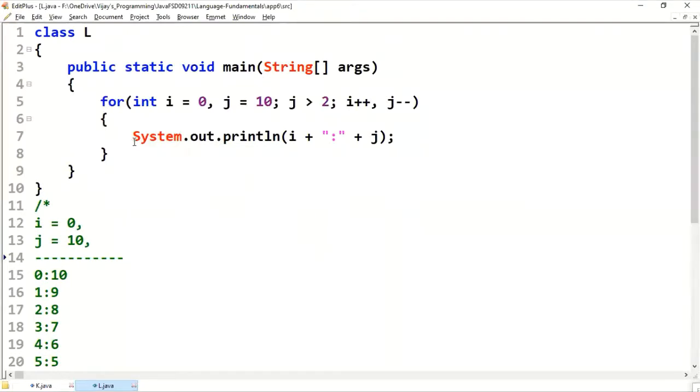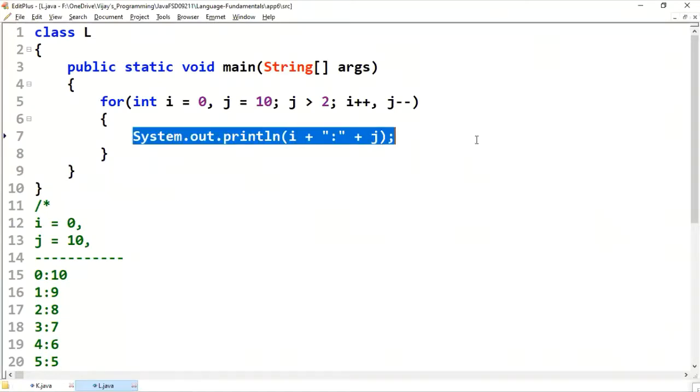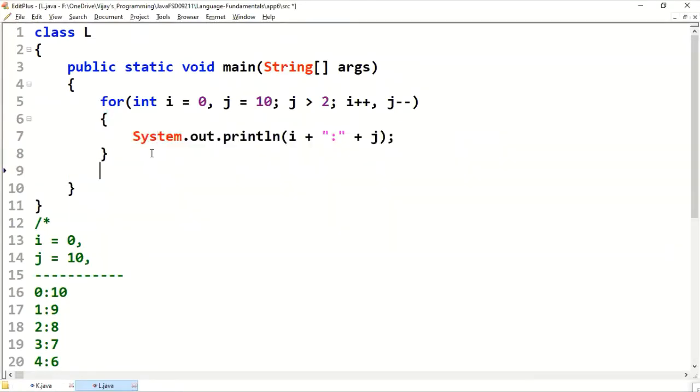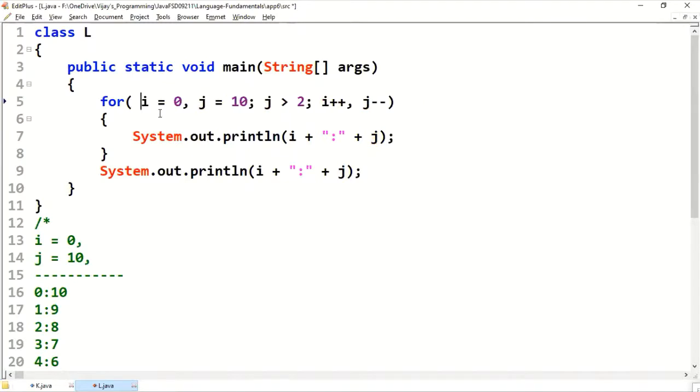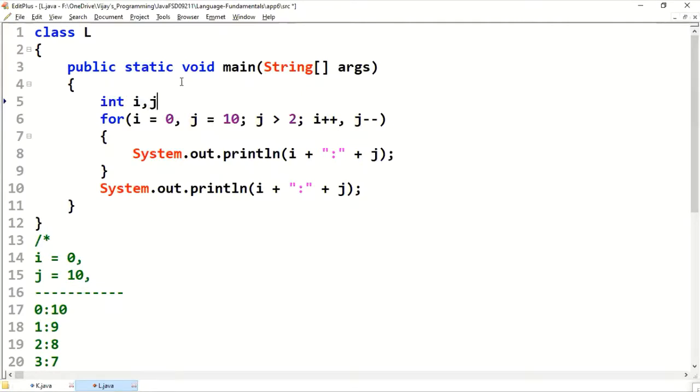Now, if you want to print the last values of i and j, you need to print them here. But if you directly try to print here, you'll get a syntax error: cannot find symbol i, cannot find symbol j. That is why we need to declare i and j outside the for loop, int i, j, like this.